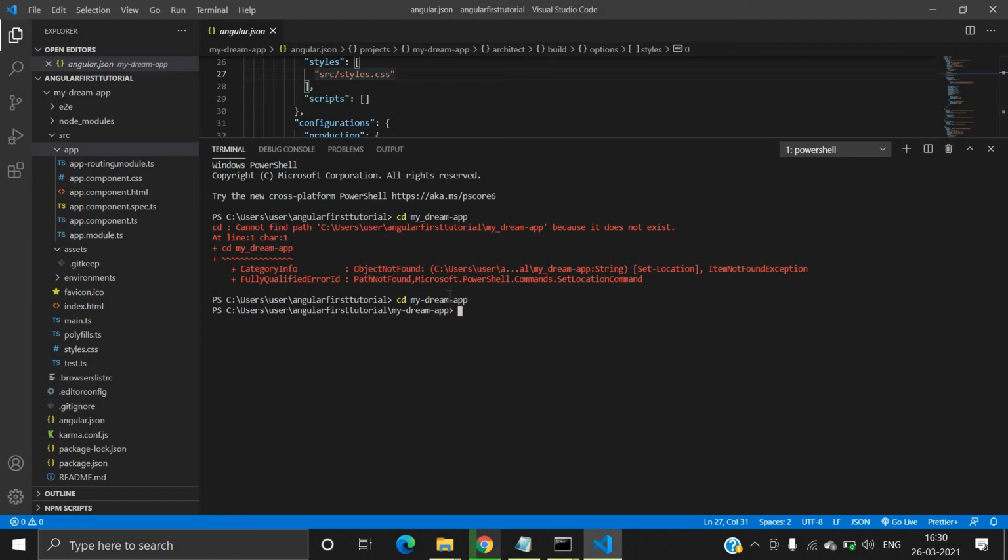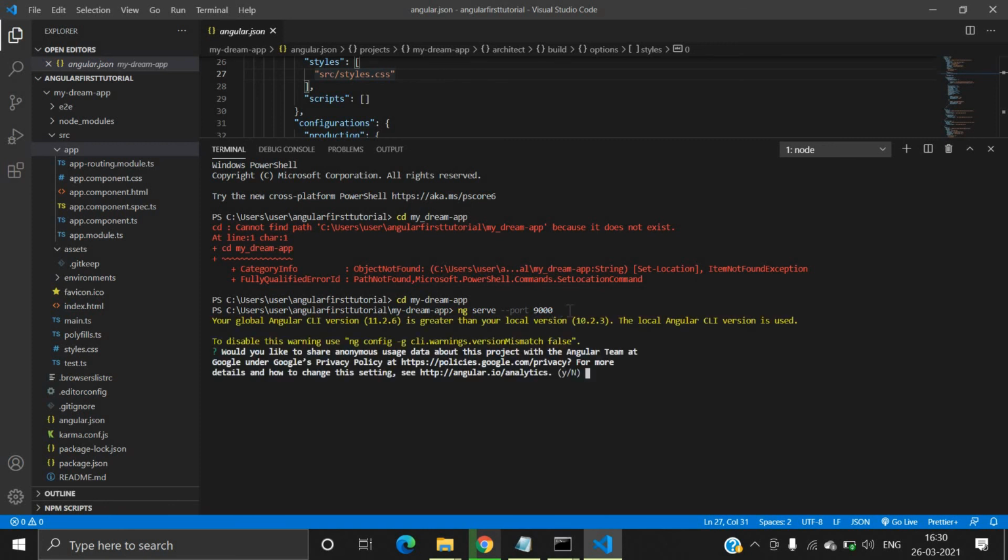Now we will use the ng serve command, which is used to initialize and compile your project. With ng serve, you can put any port number if you want to run on that port. I have used 9000.